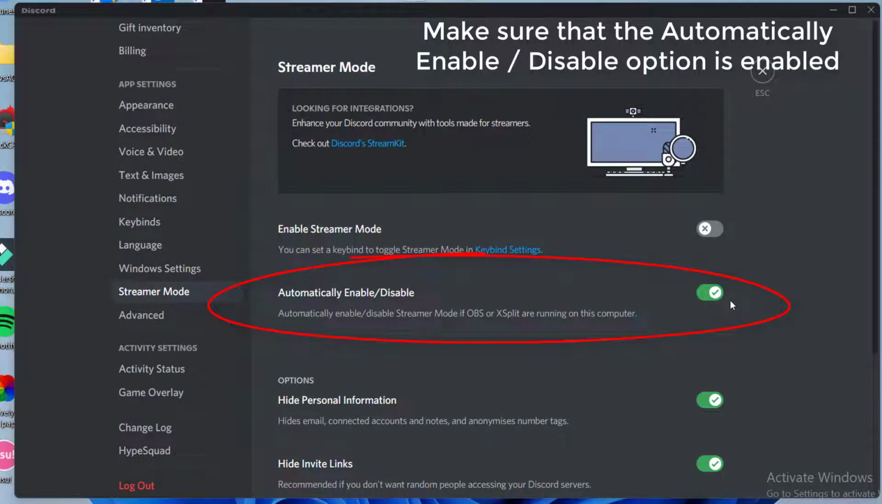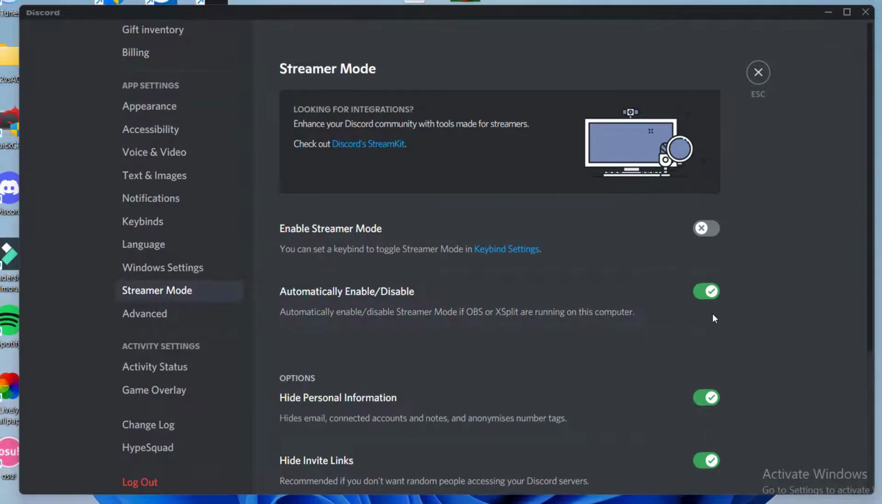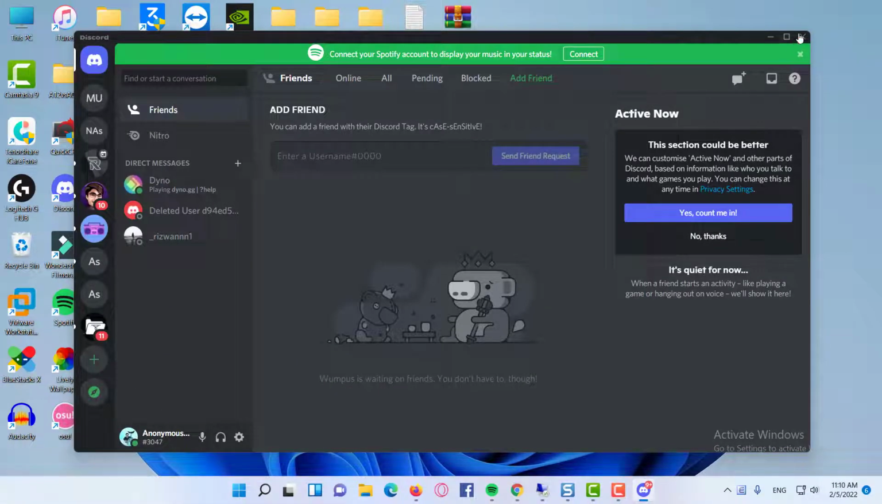Here, in the Streamer Mode tab, make sure that the automatically disable option is enabled. This will make sure that Streamer Mode will be enabled as soon as you launch OBS or XSPLIT on your PC. If you wish to completely mute what is being said in a Discord voice channel while streaming,